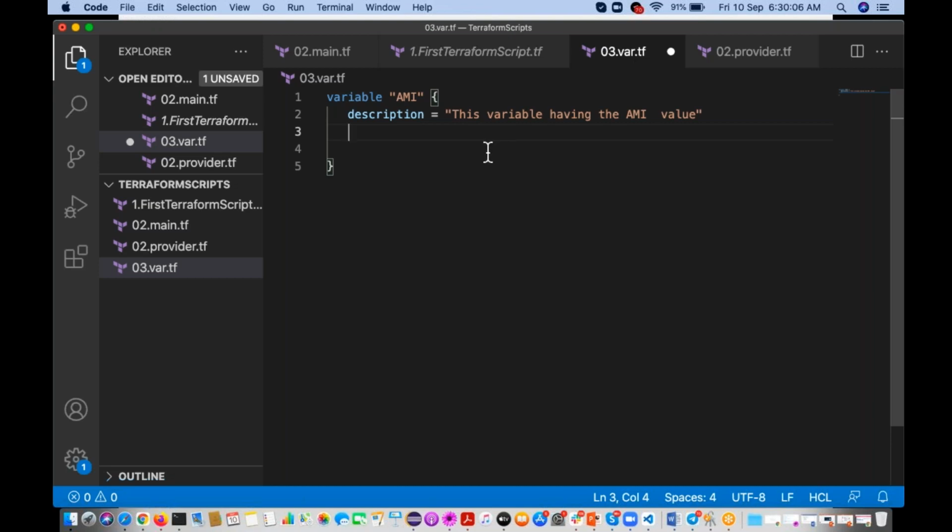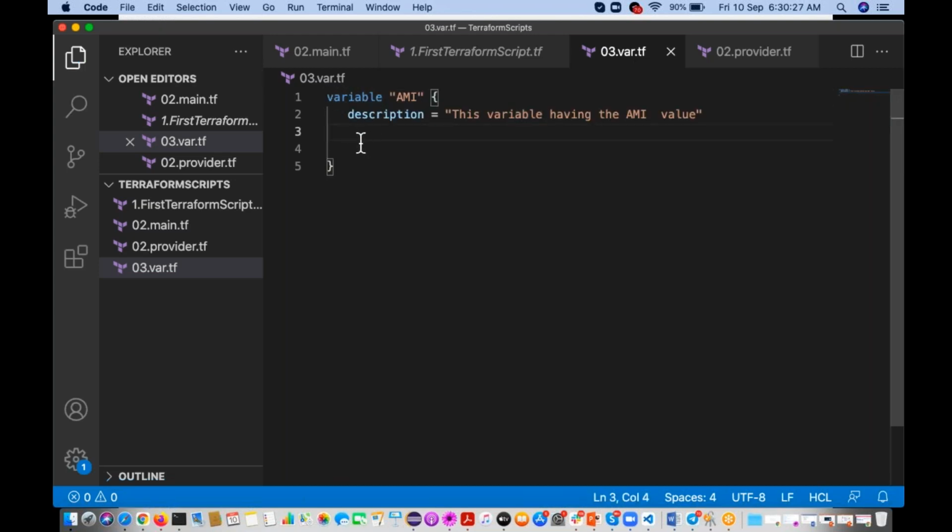Girish is asking, sir, do we have to keep the full word variable, or can we just use var? No, you have to use variable. That is one keyword; you have to use exactly like this.